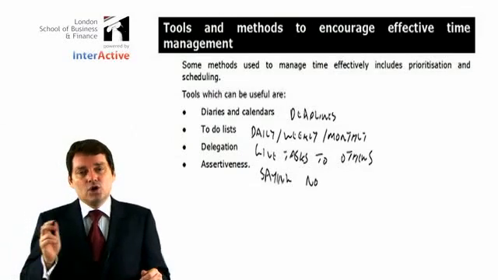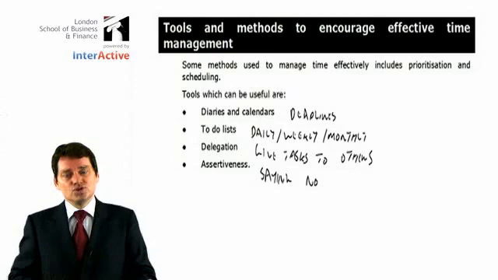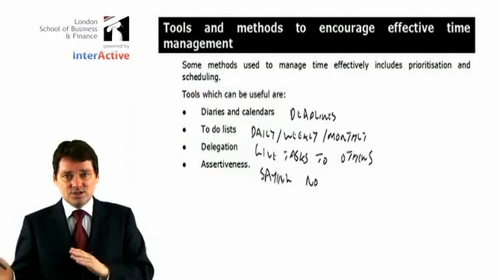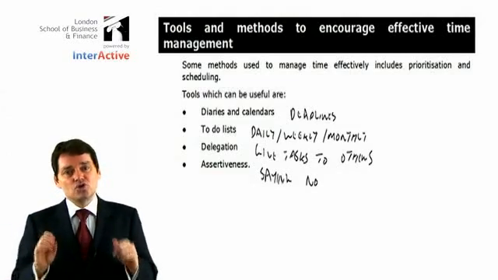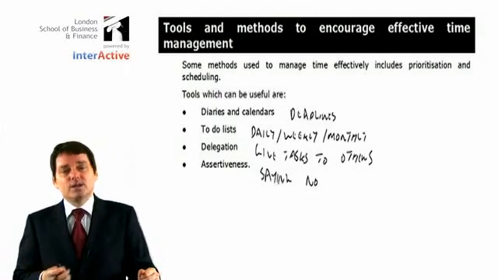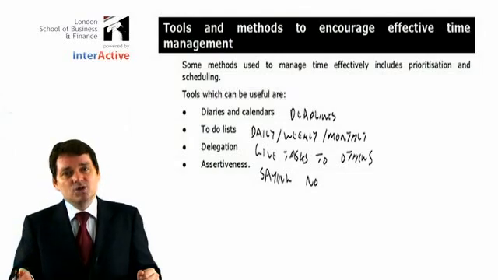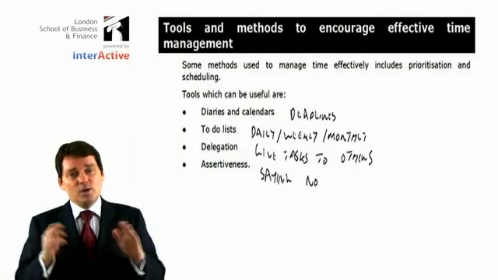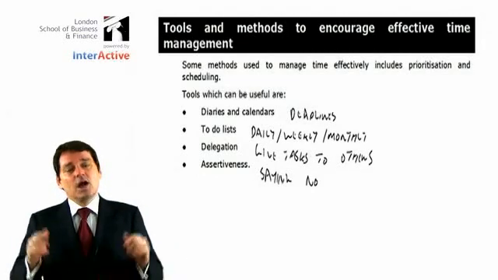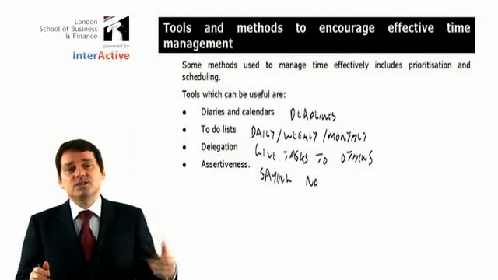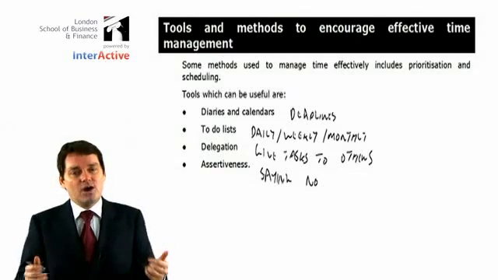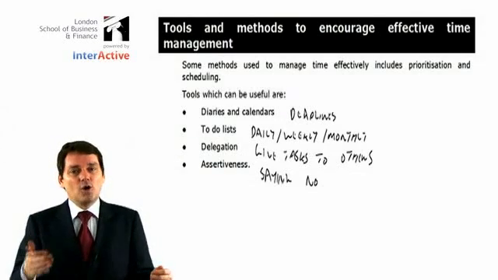So being assertive, your boss comes to you and says, I want you to do this project. And you say to your boss, I already have these things to do. I don't have the time to do the job properly. I can do it, but I will have to rush it. Or I can do it, but I will have to stop doing something else. So, if you want me to do the task, tell me what you want me to stop doing, what I can give to somebody else. Or if you want me to do the task, are you happy I can't do it very well because I don't have the time? And then if the manager appreciates the fact that you can't do the job properly because you don't have time, hopefully they'll delegate